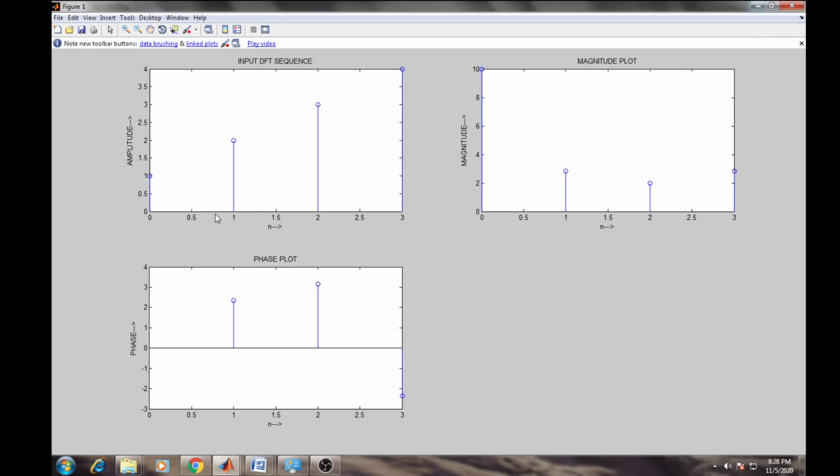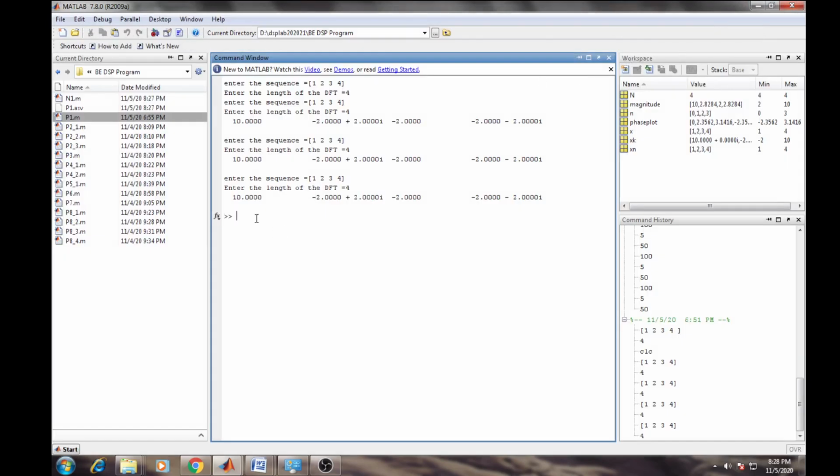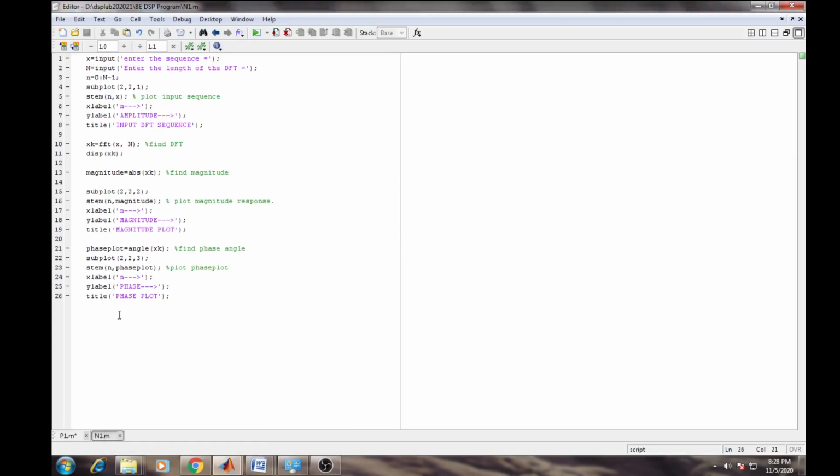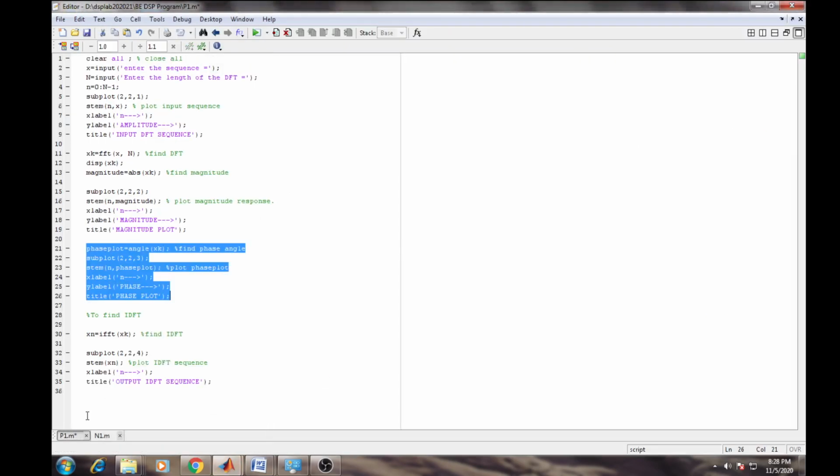As well as you have to do one more thing: the input is x of n, that is 1 2 3 and 4, so take it as the x of n sequence and find its DFT as well as IDFT. Now here we go for finding the IDFT.